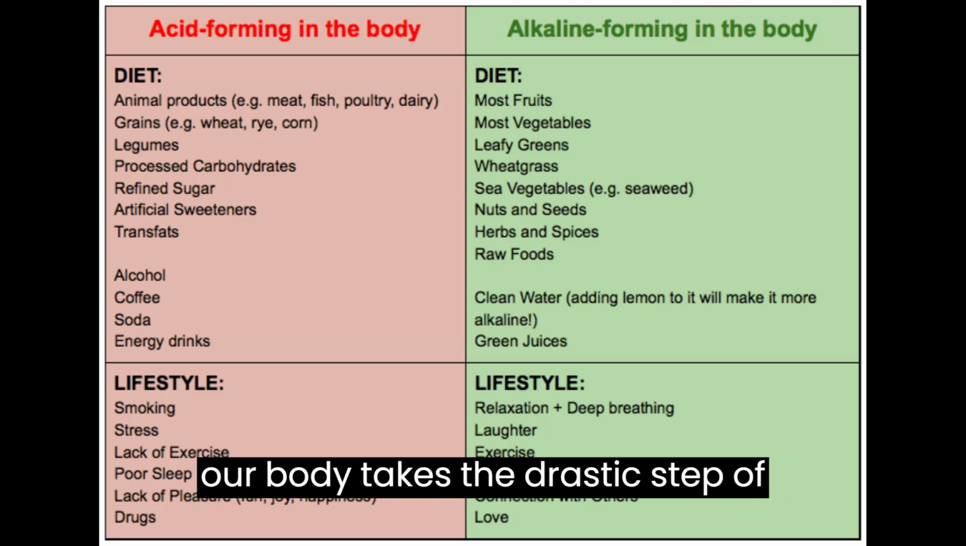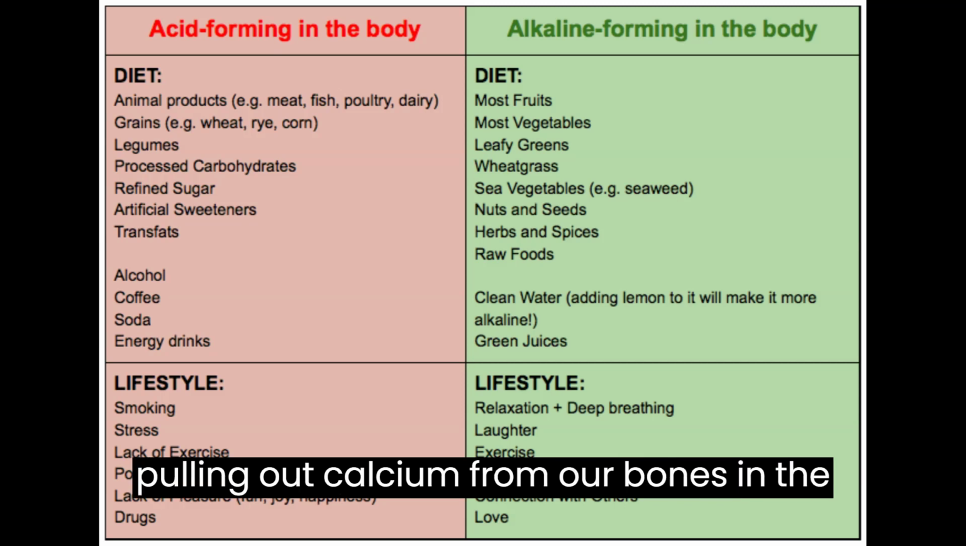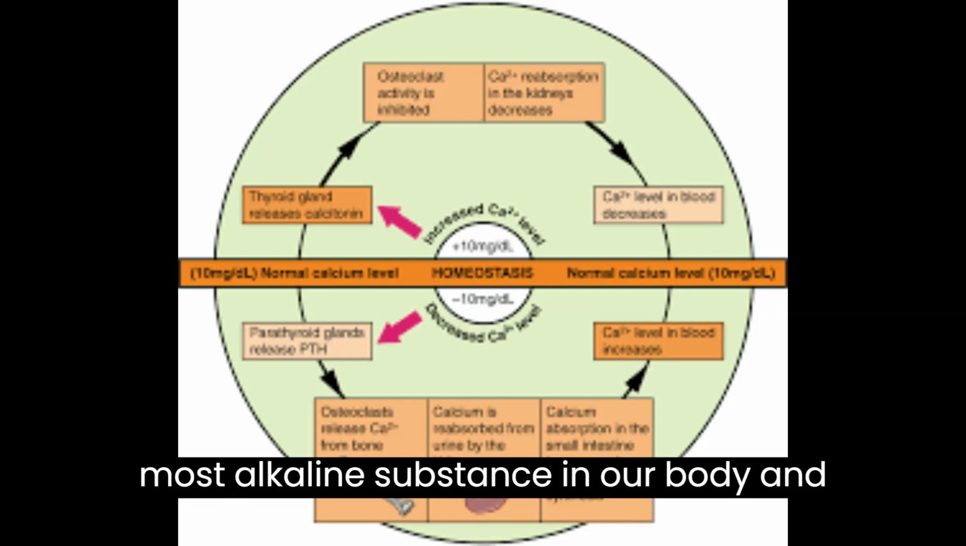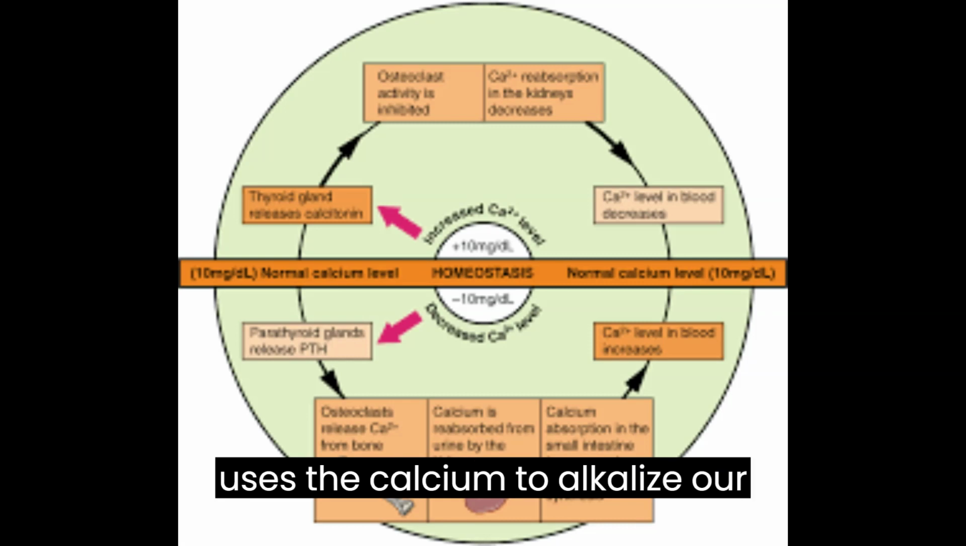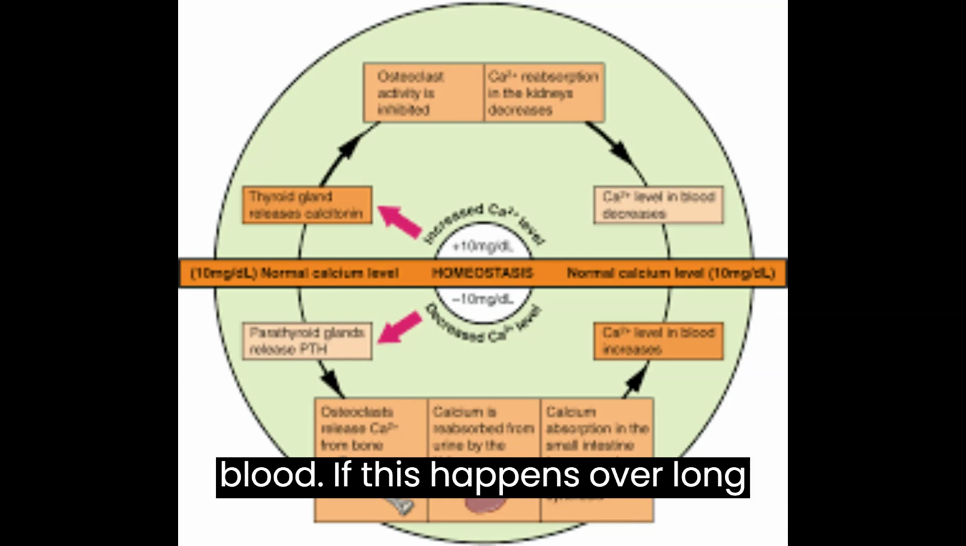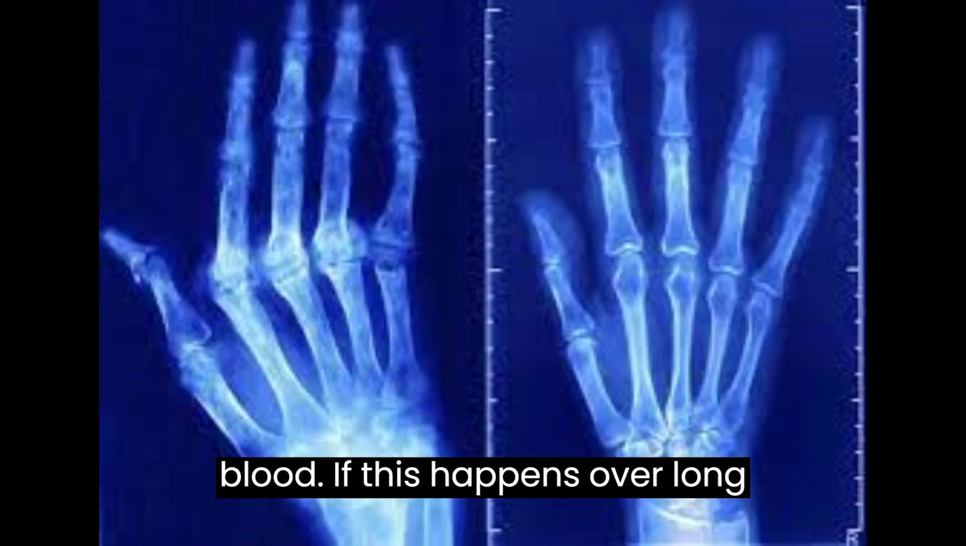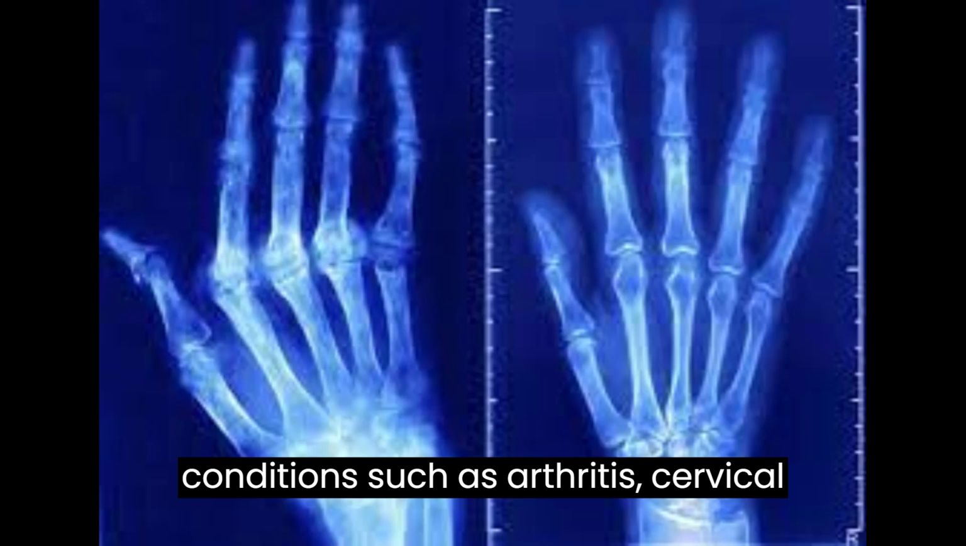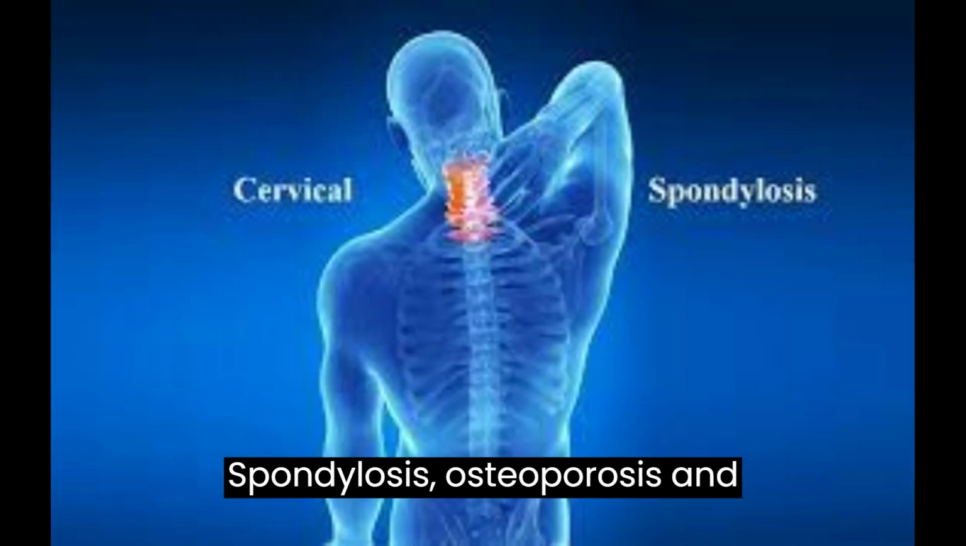then our body takes the drastic step of pulling out calcium from our bones in the form of calcium phosphate, which is the most alkaline substance in our body, and uses the calcium to alkalize our blood. If this happens over long periods of time, then we risk developing conditions such as arthritis, cervical spondylosis, osteoporosis, and